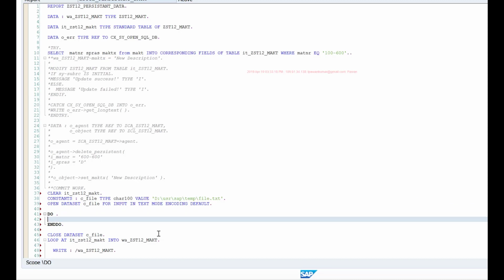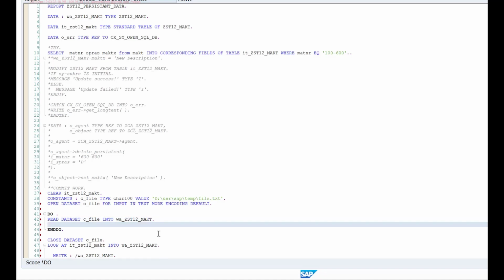Within this do and enddo, it will loop through the file, and in each loop it will get me one row. I'll use this read dataset statement, read dataset c underscore file into my work area. So it will get me one row. If this read dataset is not successful, that means you reached the end of the file. If your file has 10 lines, then after looping 10 times, in the 11th loop this read dataset will fail because there are no more lines to read.